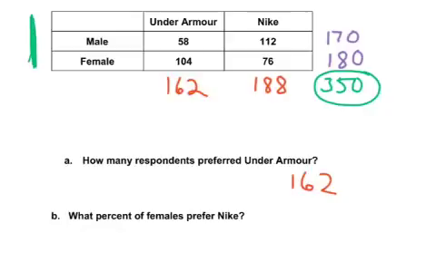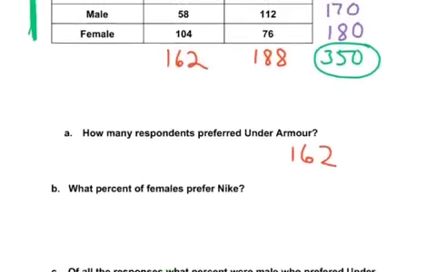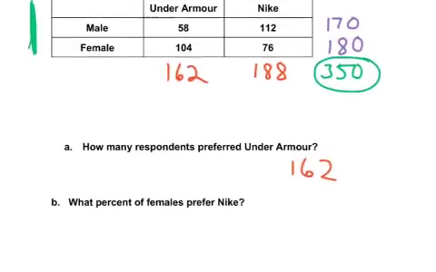Now, for part B, we have to find a percent. And what do we need to find a percent of? Well, we need to find a percent of females who prefer Nike. So, again, we would need to come up with our ratio, part to whole. So, what percent of females prefer Nike? So, first of all, how many females like Nike? Victoria? 76. We get that right here in the table. This is our females liking Nike. Now, it just wants to know of that 76, what percentage is that of the female respondents? So how many total females responded to the question, Victoria? 180. We get that right here from the female row because the total amount of females who responded is 180. So that is our total,